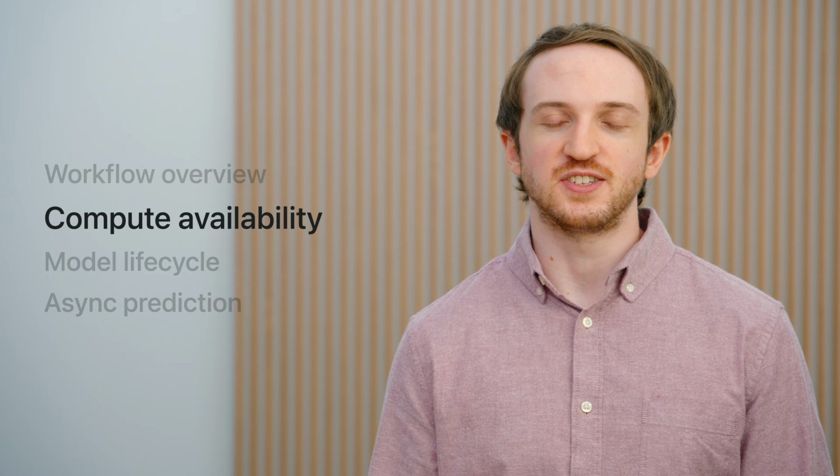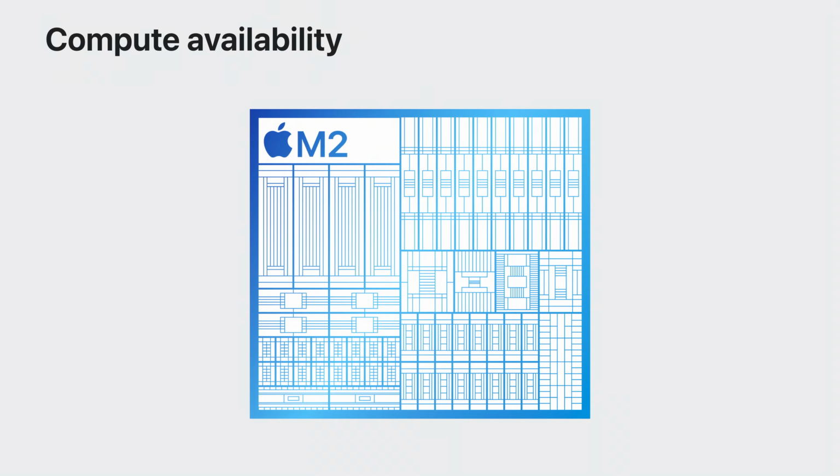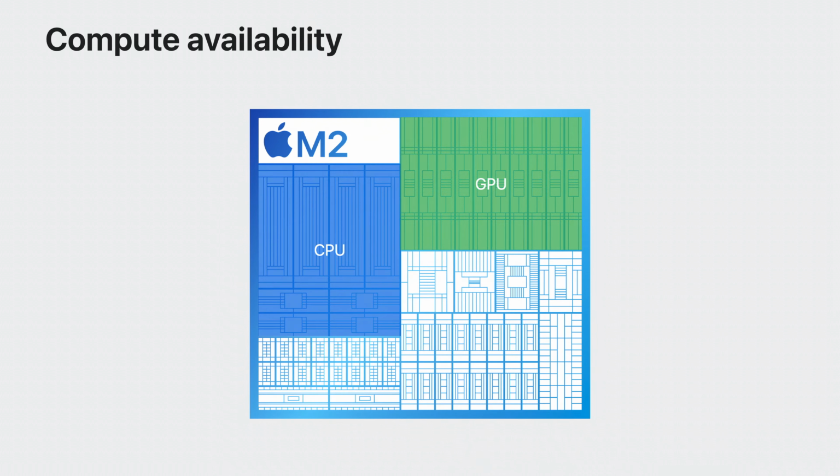There are several new additions this year for optimizing your model integration. First is compute availability. CoreML is supported on all Apple platforms, and by default considers all available compute to optimize its execution. This includes the CPU, GPU, and Neural Engine when available. However, the performance characteristics and availability of these compute devices varies across supported hardware your app may run on. This may impact your user's experience with your ML-powered features, or influence your choice in models and configurations. For example, some experiences may require models running on the Neural Engine to meet performance or power requirements.